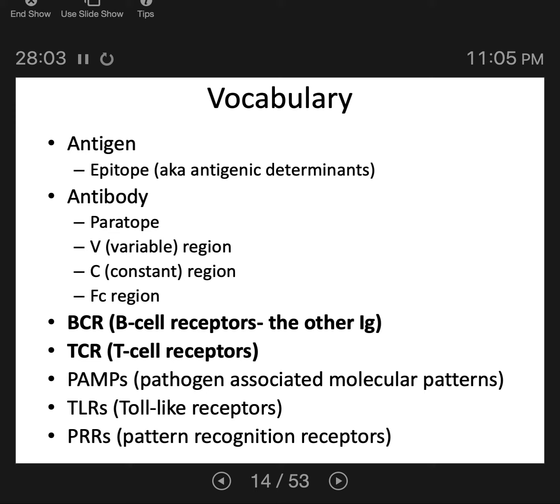Okay? So that's why B cell receptors and antibodies are both referred to collectively as immunoglobulins. They're the same molecule. So you have this one kind of molecule called immunoglobulin. When an immunoglobulin is embedded in the surface of the B cell, it's called a B cell receptor. When the immunoglobulin is released into the body fluids, it's called an antibody.